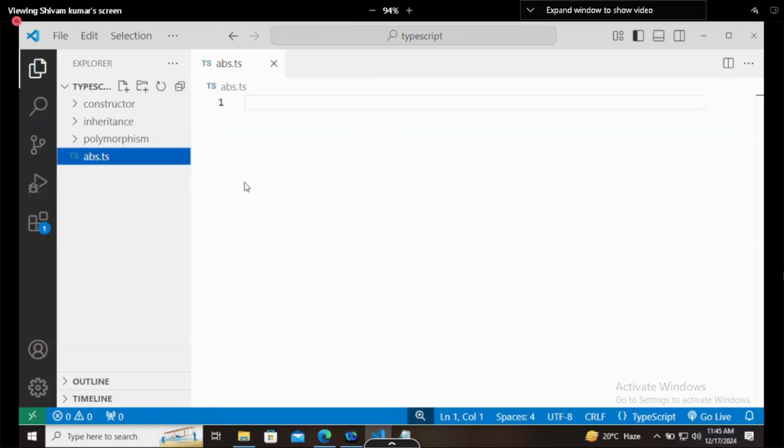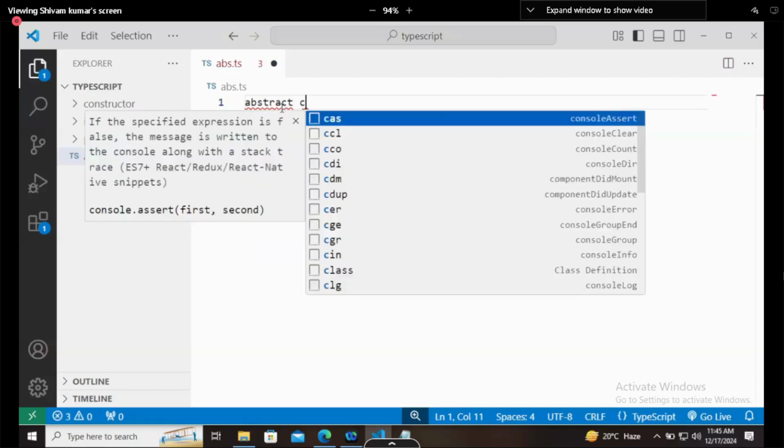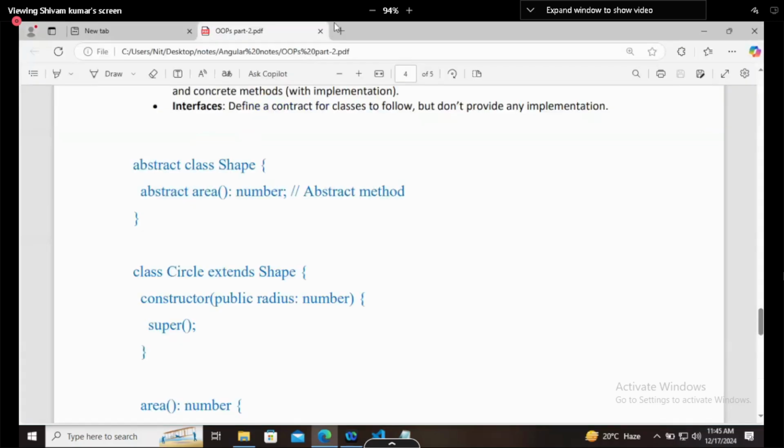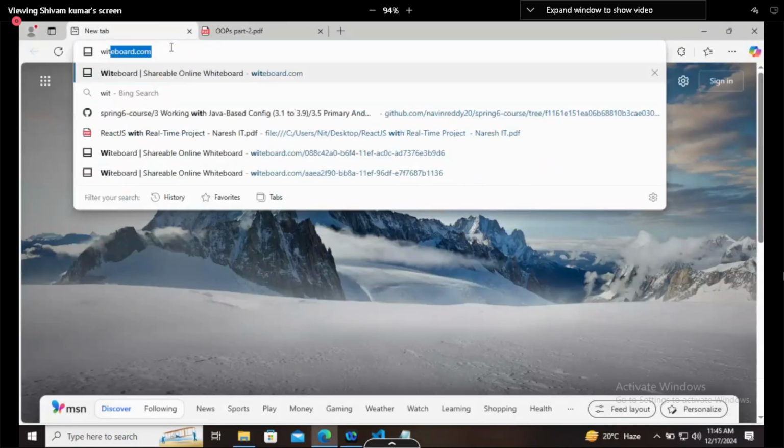Okay, this is done. Now I will create an abstract class, so I will say abstract class Shape. And if you don't know what a shape is, let me discuss that also.